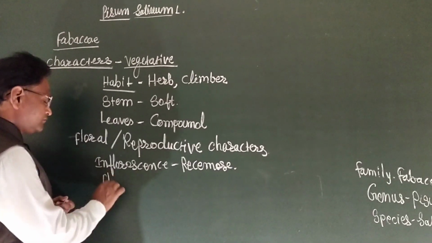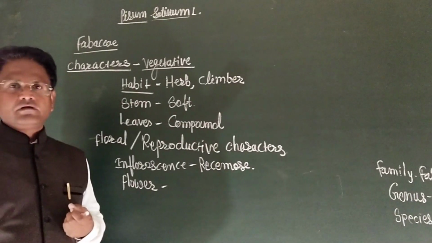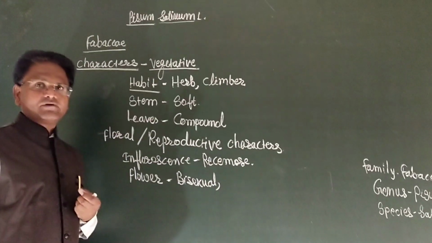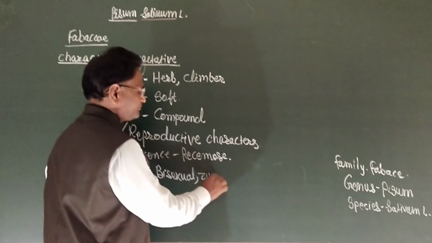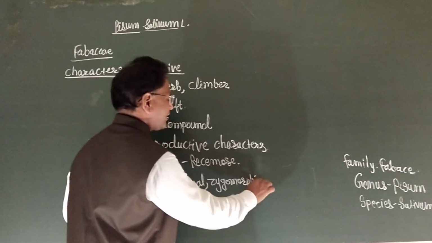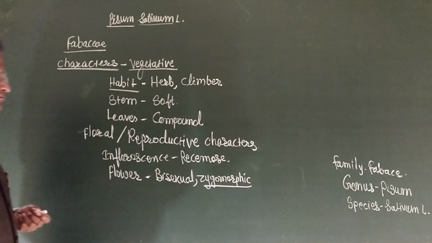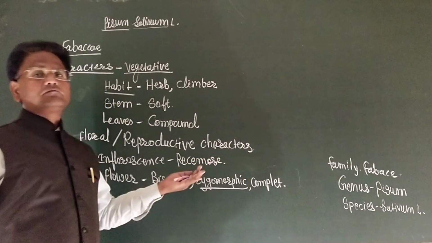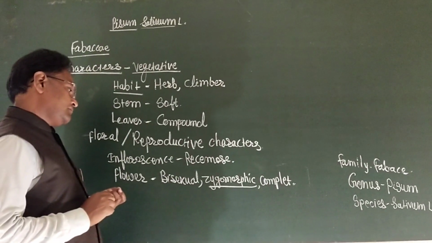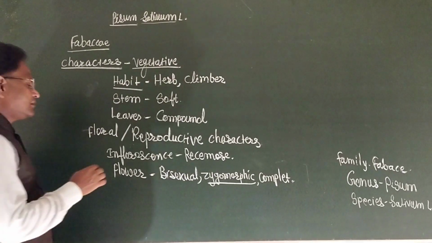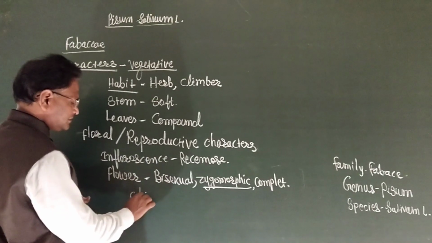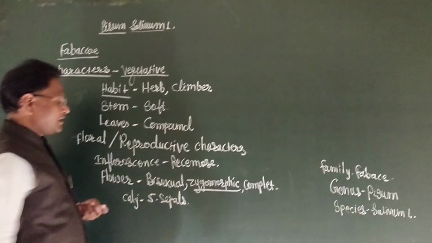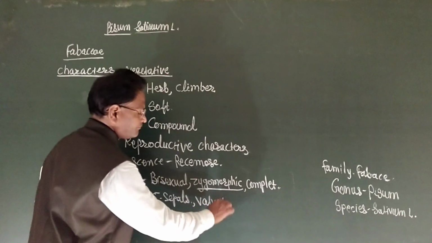Then the flower: larger, bisexual flower, zygomorphic, asymmetrical flower, complete flower. It means all floral parts are developed in the flower. And such a type of flower possesses the floral parts: calyx with 5 sepals, with valvate estivation,